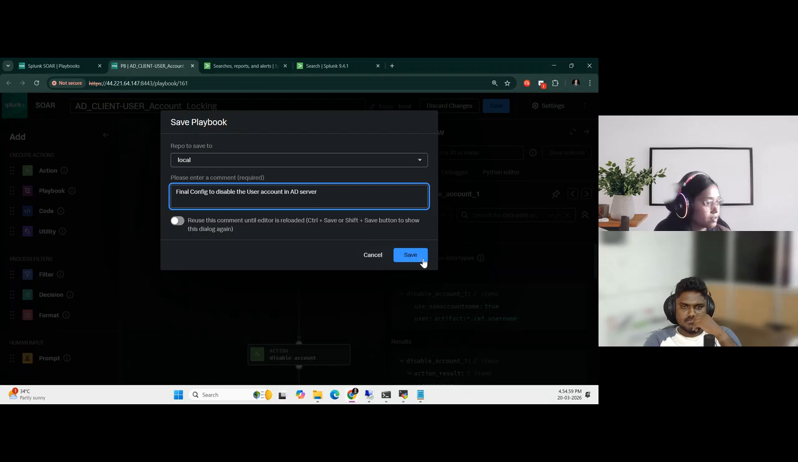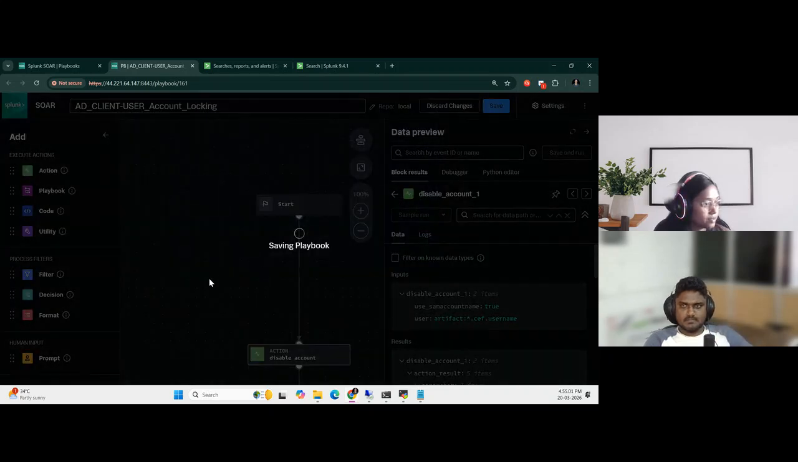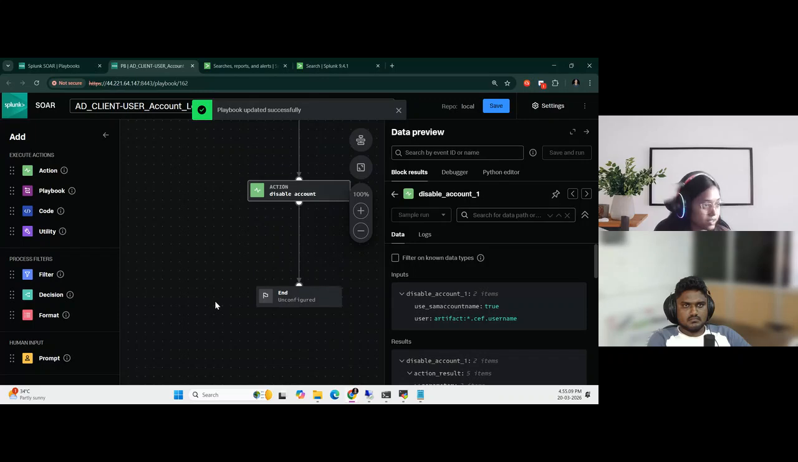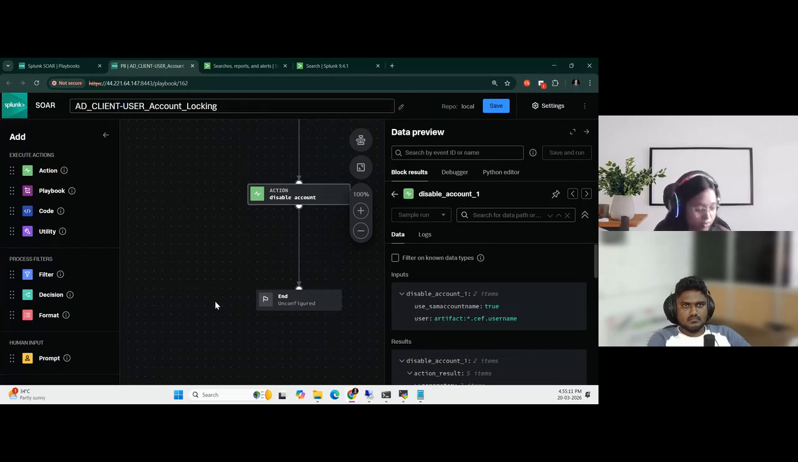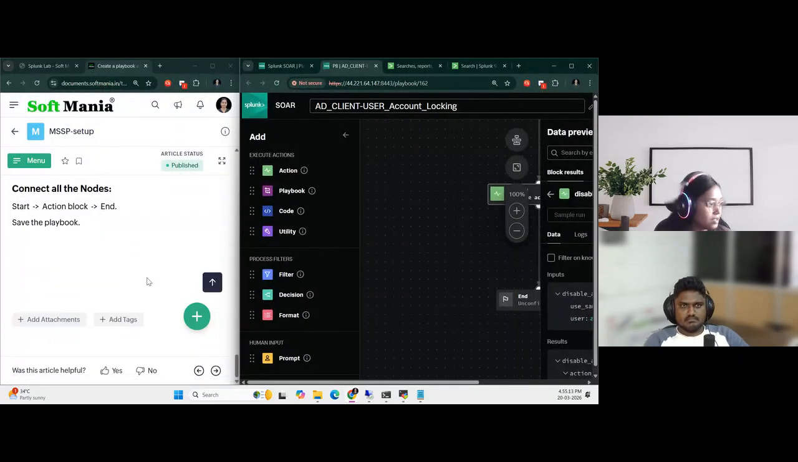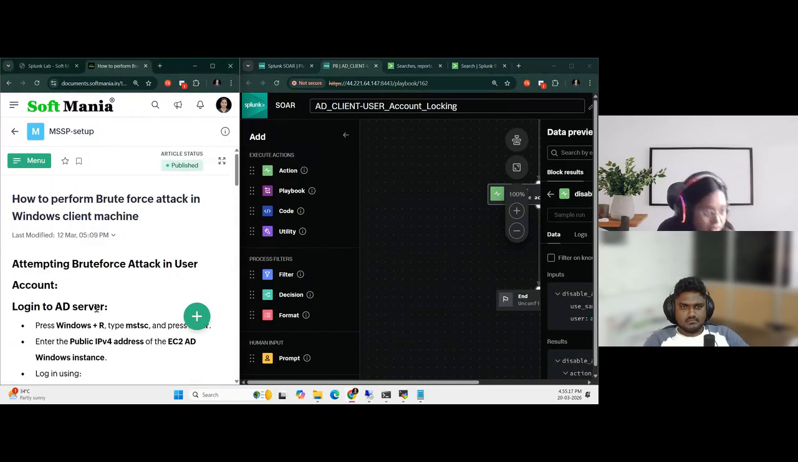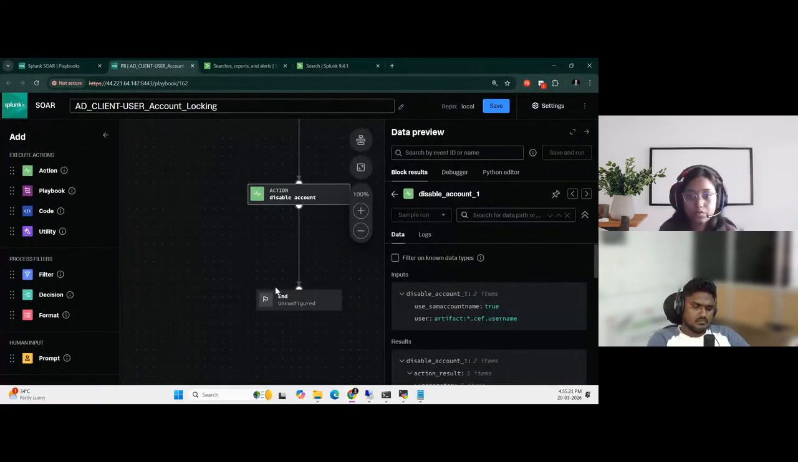Okay. Let me save this. Okay, right. The playbook is created. The next step, right? We are going to validate it. I'm going to make repeated failed logins on the client machine. Okay, and then we are going to see whether that account is going to be